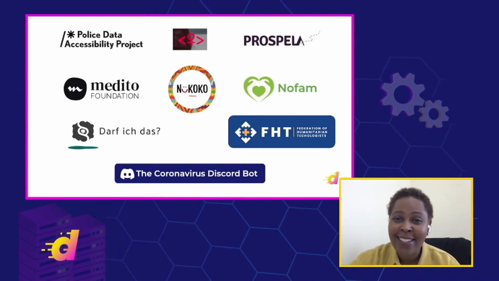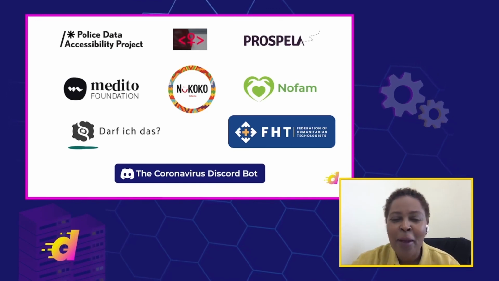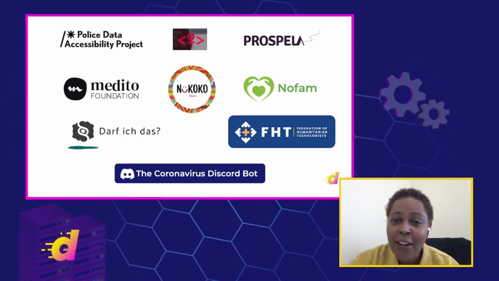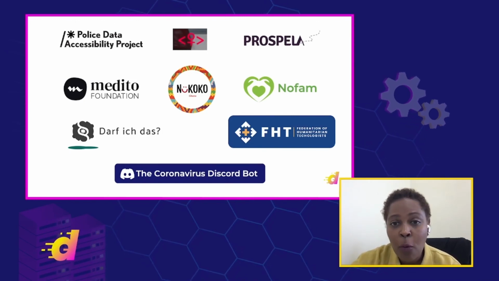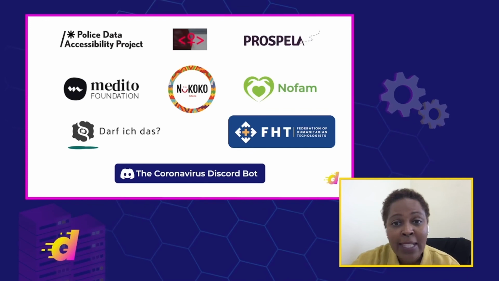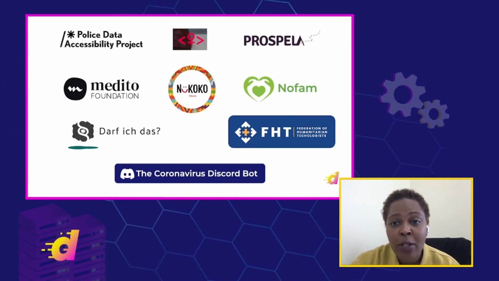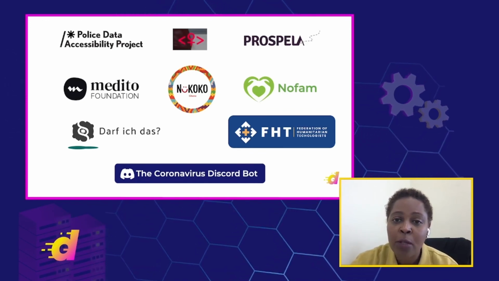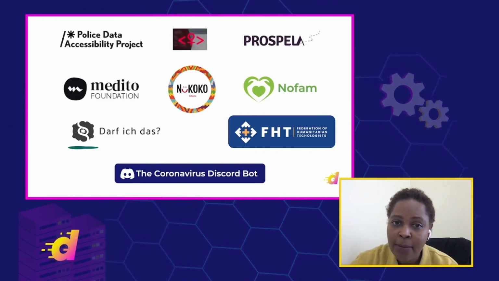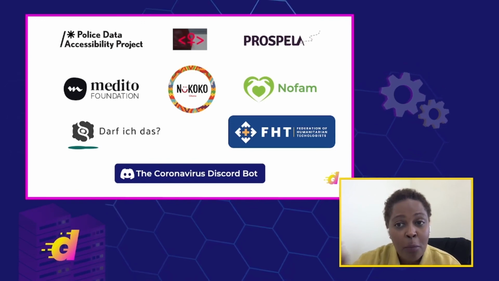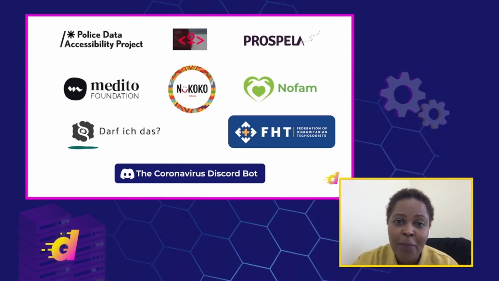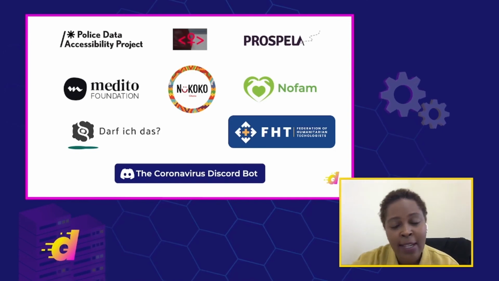Here are some of the Hollie's Hub for Good projects that we've continued to support since the summer, and I'd love to tell you about a few of them. The Federation of Humanitarian Technologists, or FHT, is a global network of developers who are designing, building, and maintaining critical open source infrastructure for those who are working in response to humanitarian crises. FHT is using our droplets to build software for nonprofits and the wider civil society for a time when technology is needed the most.